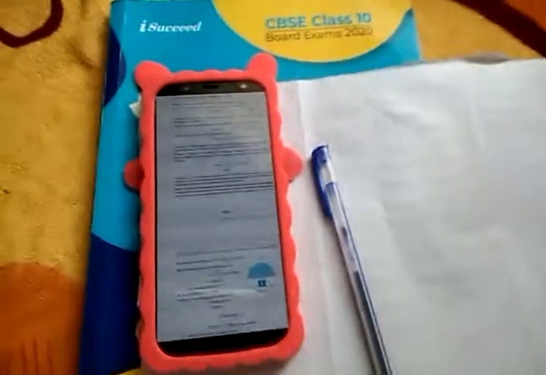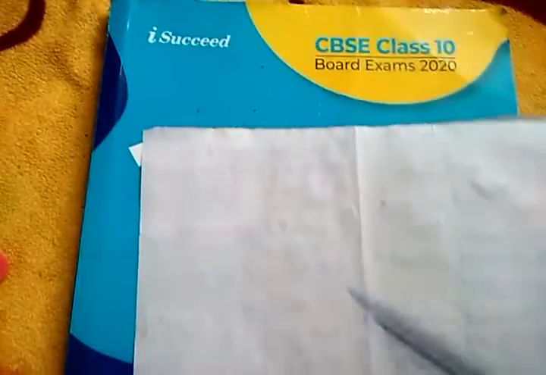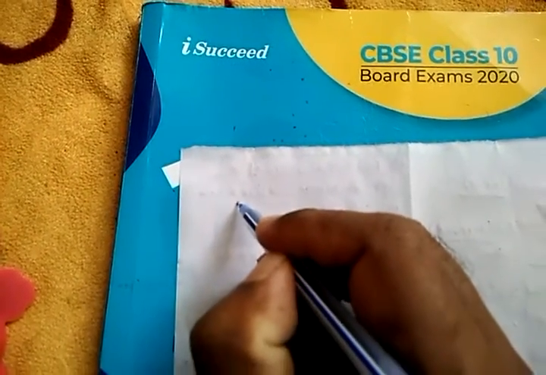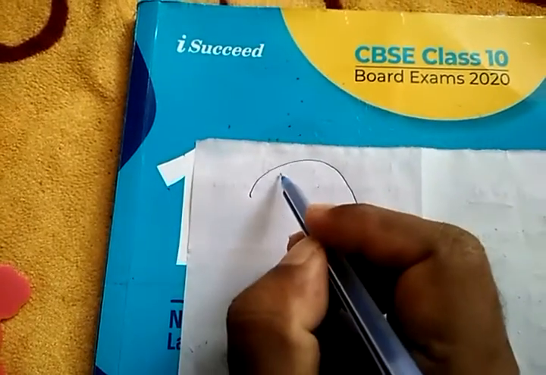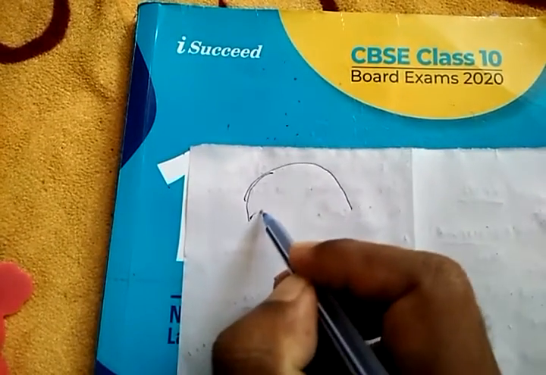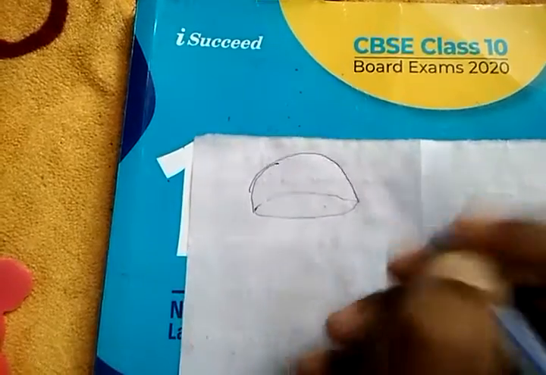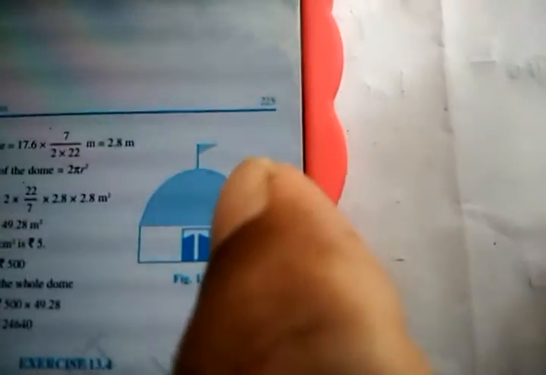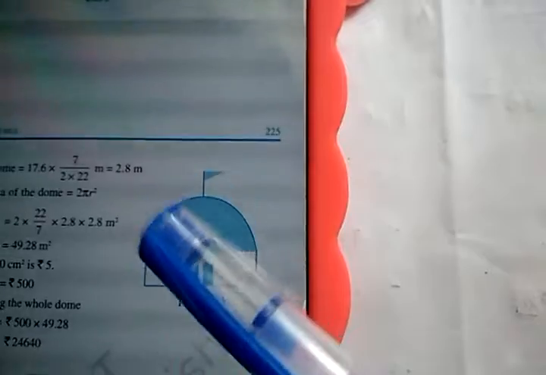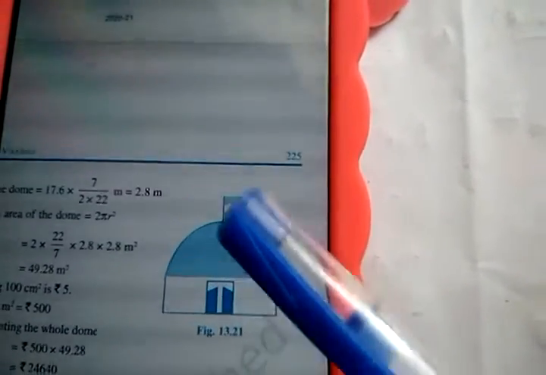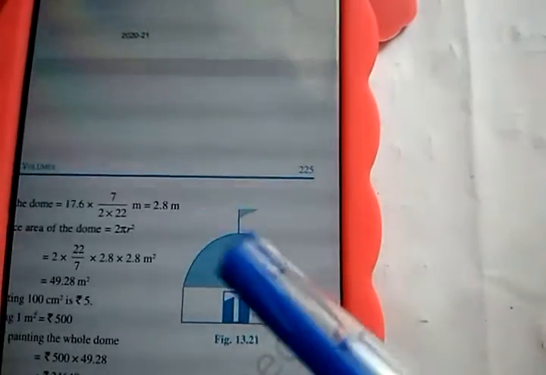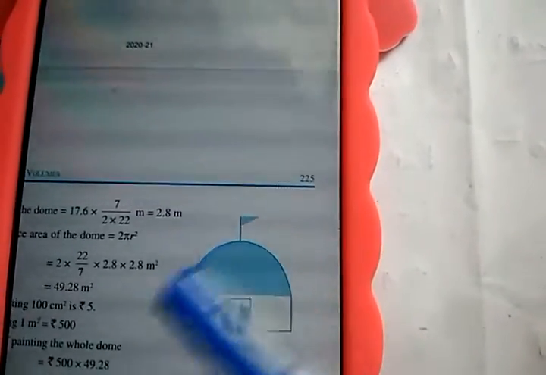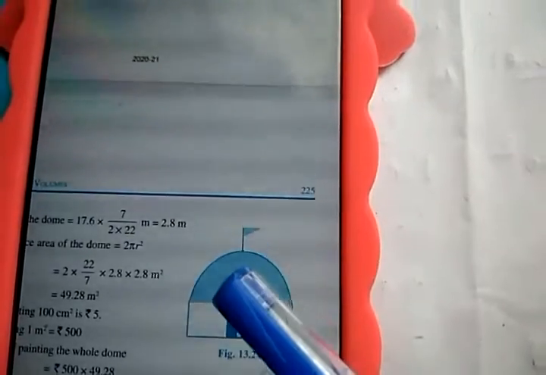I may just show you. So like that one dome, one building is there, dome is like this. You see the figure here. If this is the building, here the hemispherical dome, you see this part will be painted. Could you tell me this colored part is what for the hemisphere? Now this is called the curved surface area of the hemisphere. We are going to call this painted. So this total area is called the curved surface area of a hemisphere.